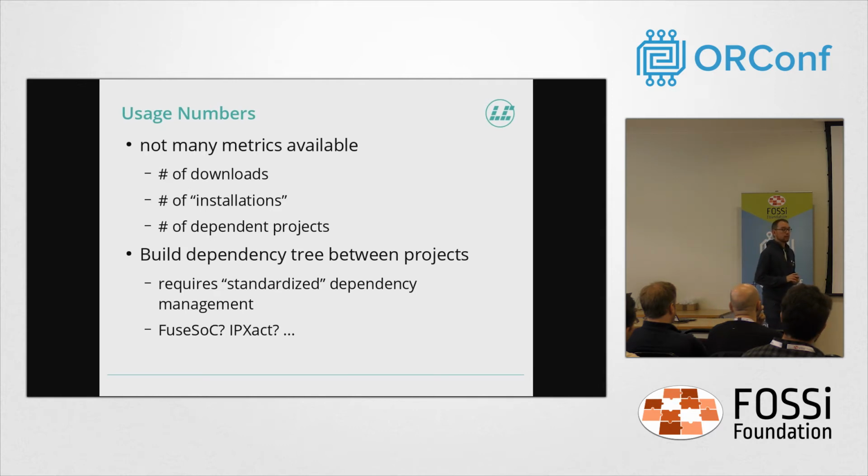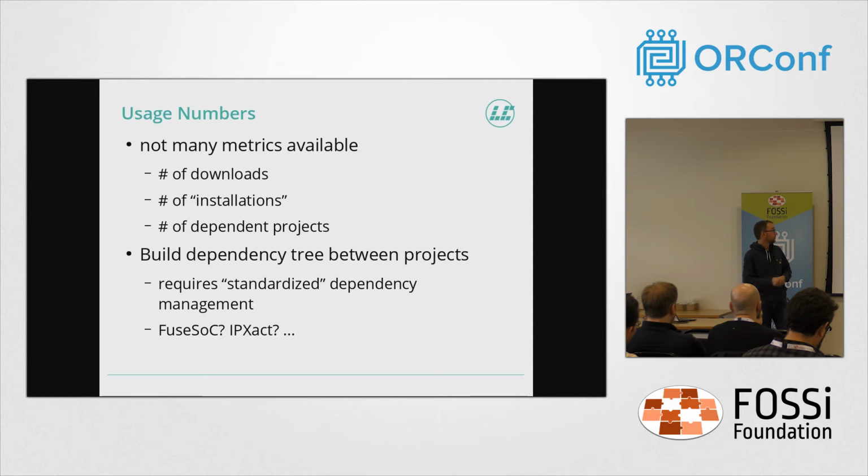One last thing that would be very, very nice and is unfortunately rather hard to do is usage numbers. And I guess that's always the ultimate question: is this stuff used at all? In the hardware world, we know it's very hard to get those usage numbers, because people take the software they downloaded, take the zip file, put it into their repository, and it's never seen again. In more recent ecosystems like NPM and Node.js, you see download stats pretty well. You see dependencies, how many other cores depend on that one. That's all information that's unfortunately not available in our world right now.